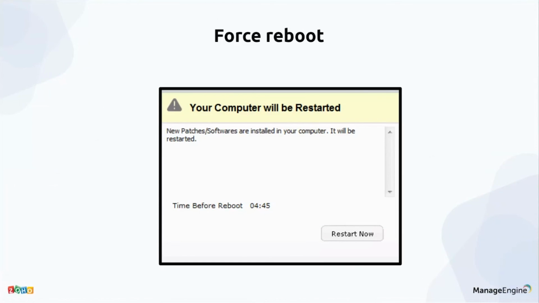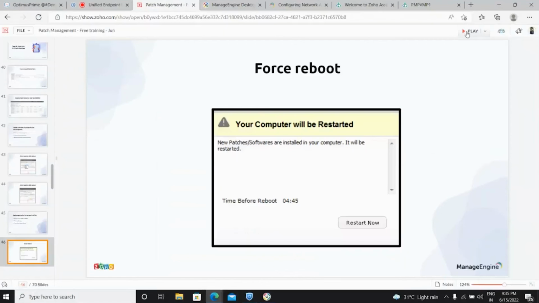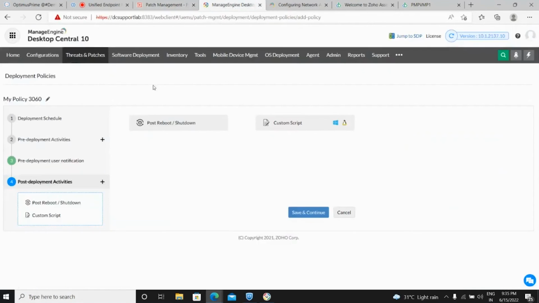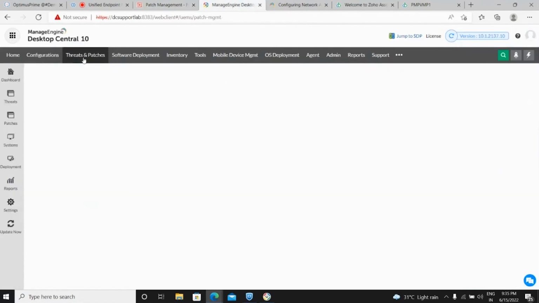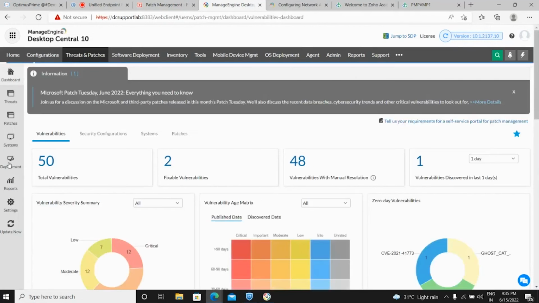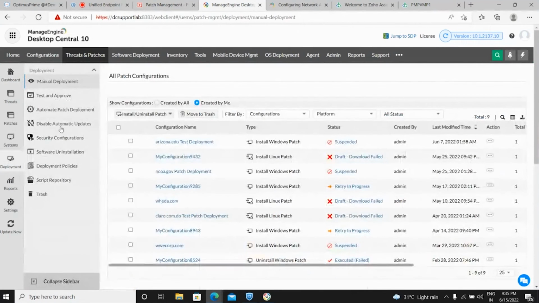In case you want to extend the timeout, that is also possible through the deployment policy. Now, having discussed the deployment policy and the testing process, we will see how the patch task can be automated to your production machines with the help of the automated patch deployment task. So for creating the automated patch deployment task, you will have to again navigate to Threats and Patches here, Deployment and Automate Patch